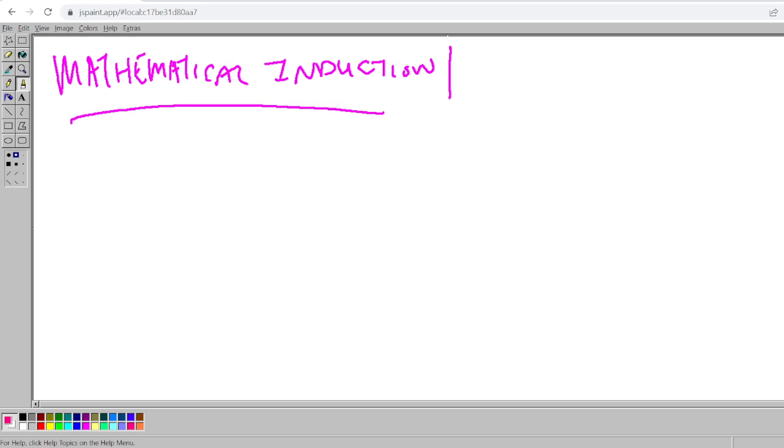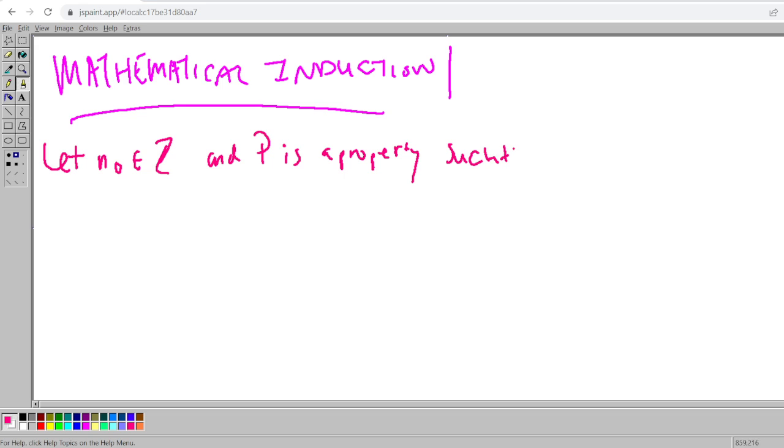So the definition: we let n naught be an integer, and P is a property such that P of n naught is true,